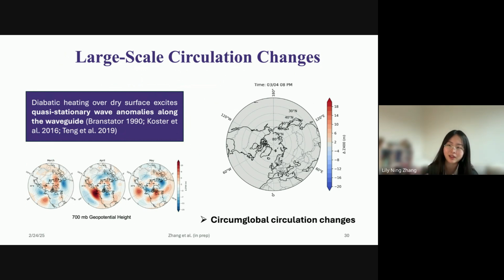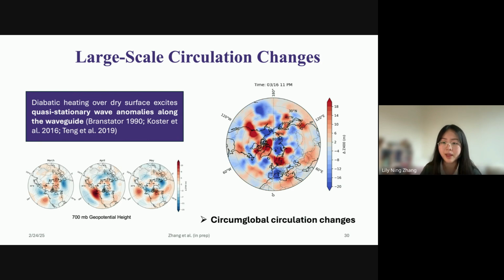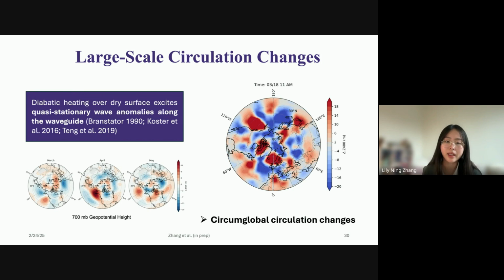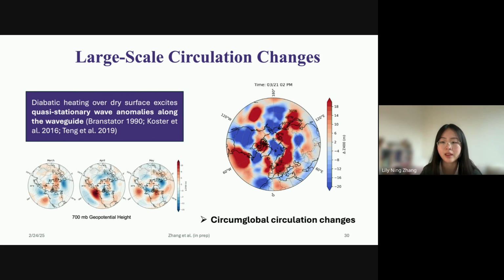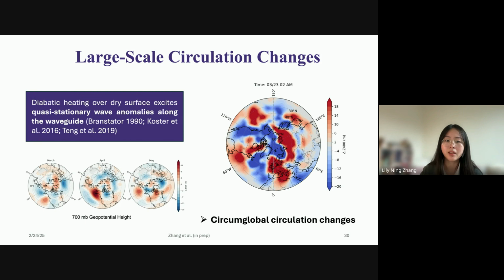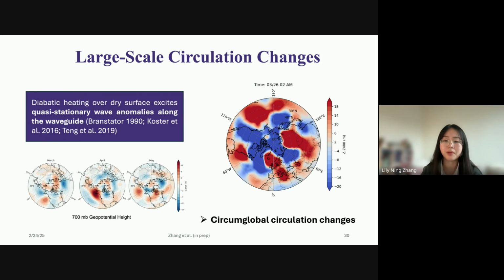the fact that our local depletion is able to affect circulation on such a large scale might seem like a bit of a stretch, but it's actually very consistent with what previous studies have found. So there are a number of previous studies that have shown that local diabatic heating anomalies can generate these quasi-stationary wave response patterns that look a lot like what we're seeing. And I want to highlight two studies in particular, Koster et al. 2016 and Tang et al. 2019, that demonstrate within a GCM just drying the soil, the surface moisture in the small regions enough to produce